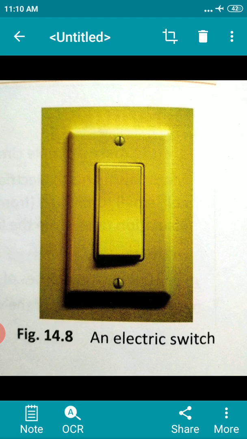When the switch is brought to the on position, the circuit gets completed and the electric current starts flowing in it. Whereas when the switch is brought to the off position, the circuit breaks and the flow of electricity through the circuit stops. Hence, a switch switches on and off the electric devices connected to it.